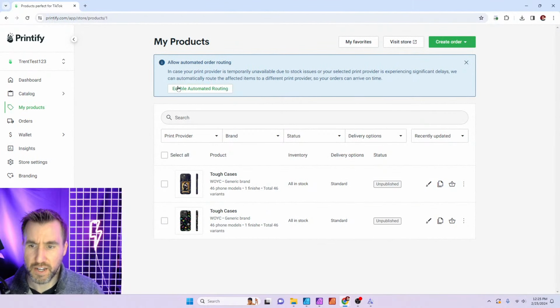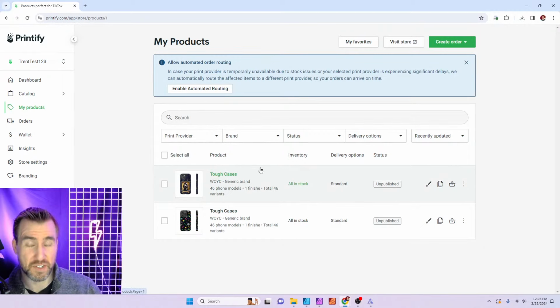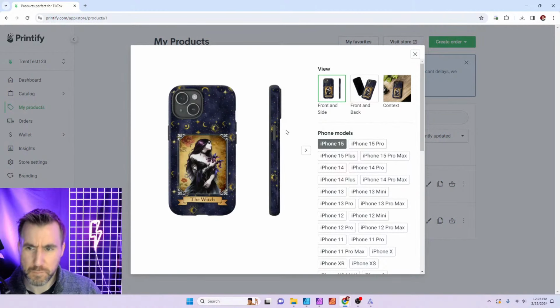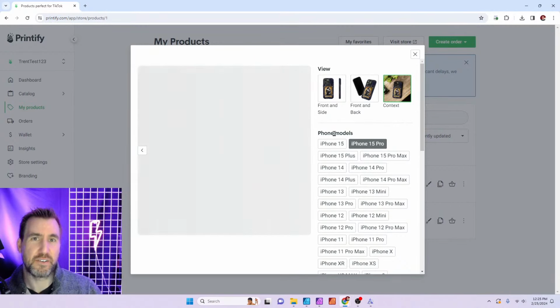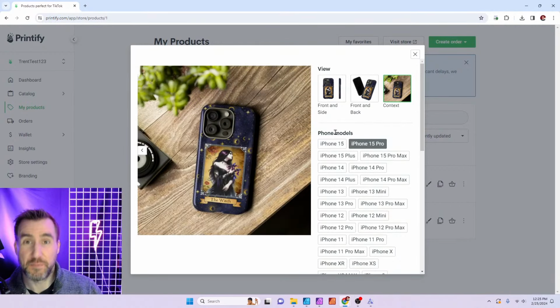So here's Printify. And I created these two designs. One is more of a pattern-based design, and one is more what I would call a composition-based design. So this one here, I made this one, kind of used some clip art and stuff like that, but put it all together. And you know, the hard thing about phones is that it's a very random form factor in the sense that you have these huge things called cameras in random places at the top of your